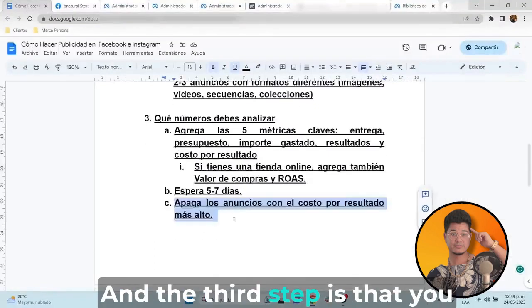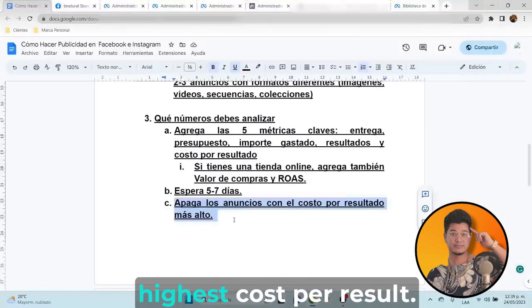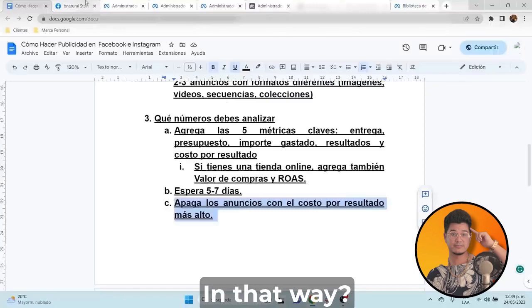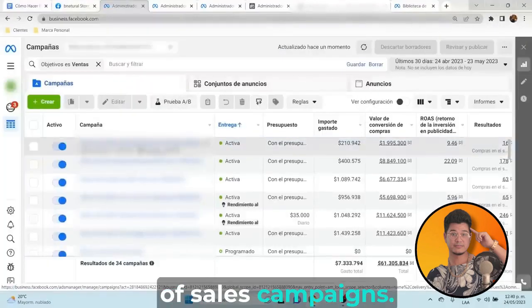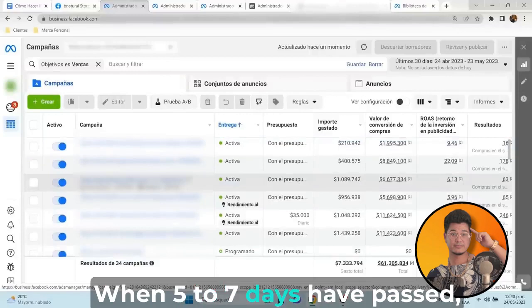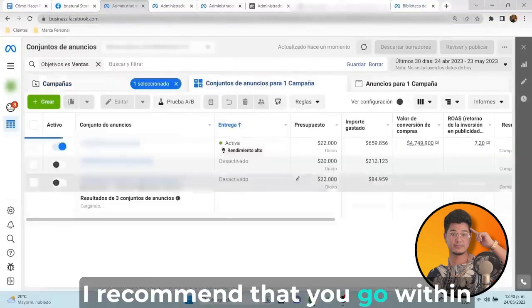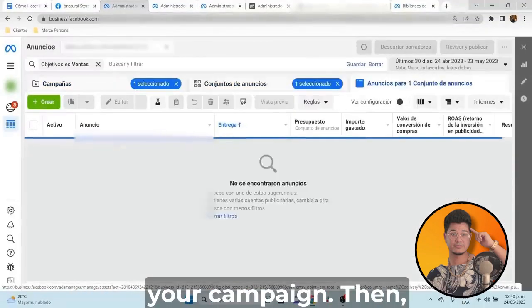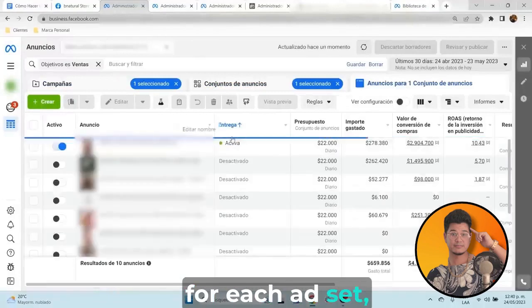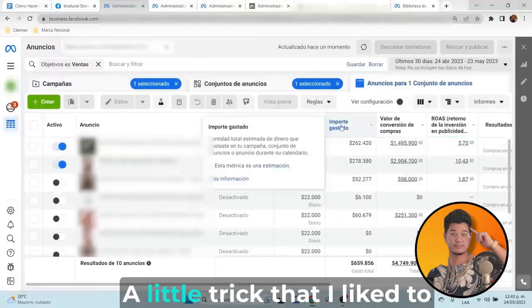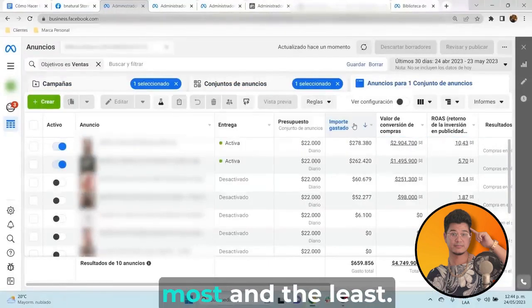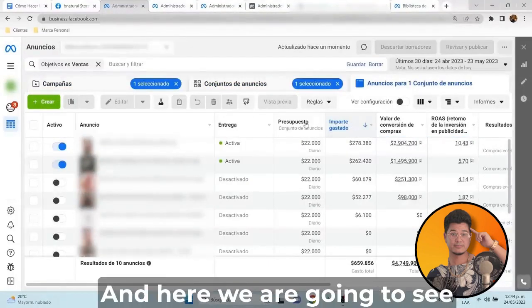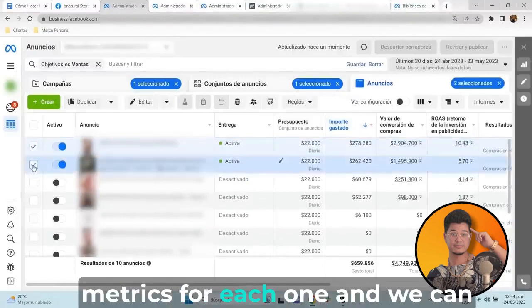And the third step is that you turn off the ads with the highest cost per result. Let's start with the example of sales campaigns. When 5 to 7 days have passed, I recommend that you go within your campaign. Then, for each ad set, review the ad metrics. A little trick that I like to do is filter by amount spent to see the ads that spent the most and the least. And here we are going to see metrics for each one,